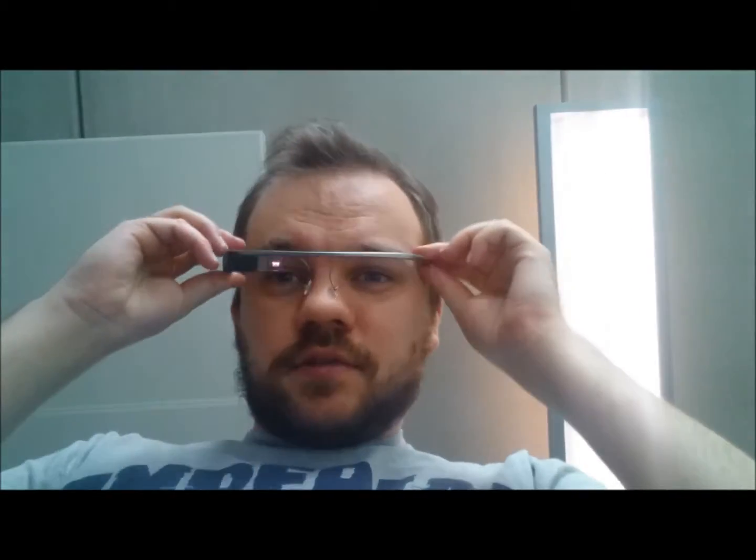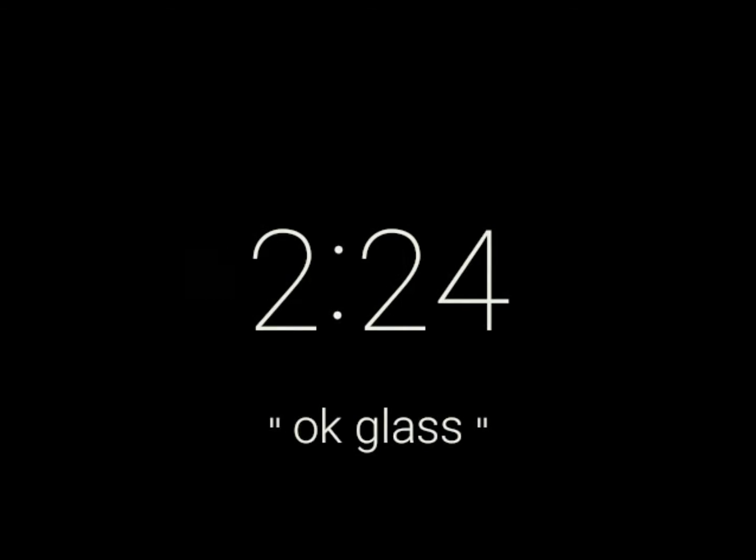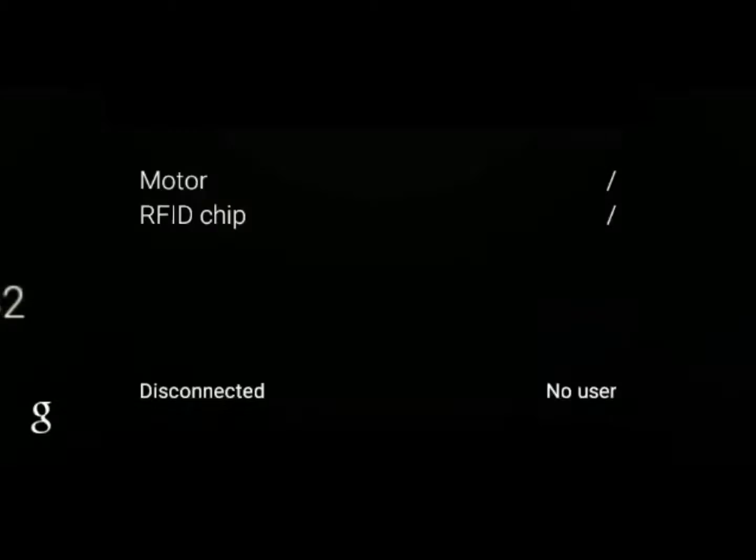Okay, so let's demonstrate the Google Glass. I can just pop it on, which is quite difficult to do with no hands. Okay, and if I just tap the side of it and open the main menu, I can scroll to the Electriphy application. Okay, and as soon as it starts up, we can see that it's connecting, and then it's connected, and now